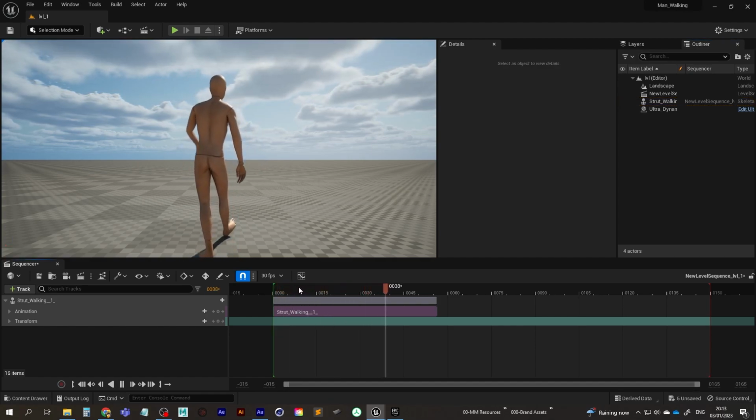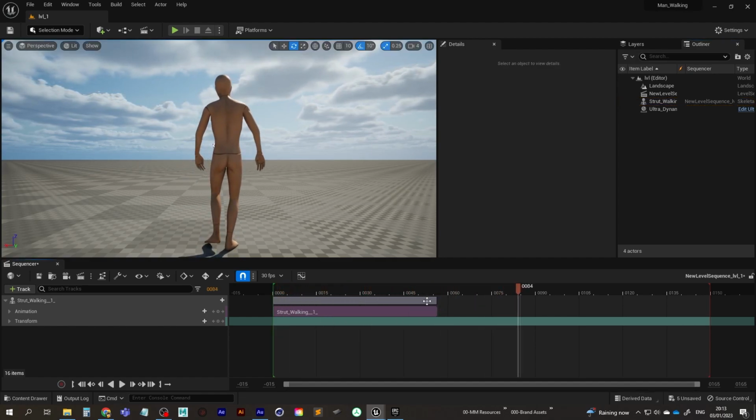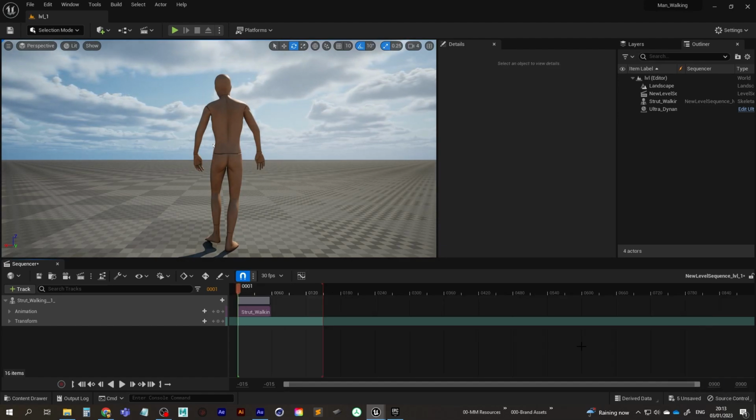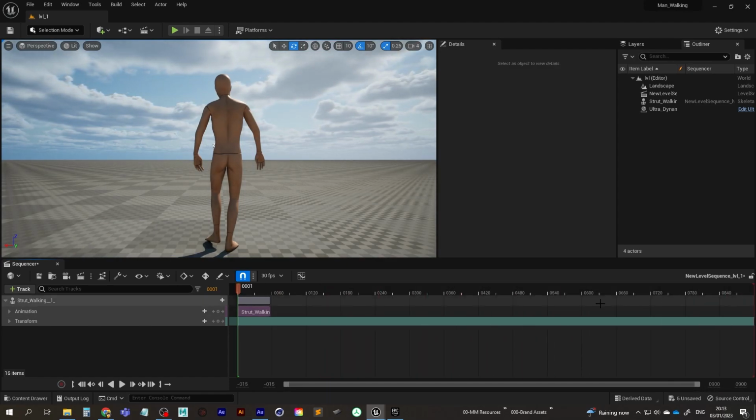So now we can see that he is walking, and we want him to walk for a lot longer than that. So let's increase the frame range here, the view range. We'll go up to 900, and it'll do the same for the working range end automatically. We can just click and drag this up.